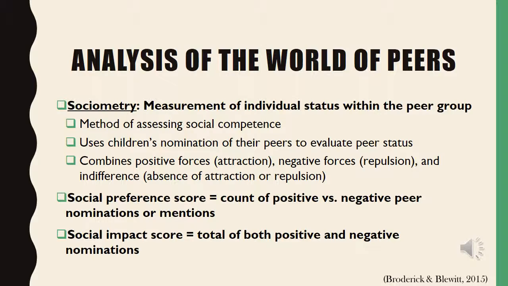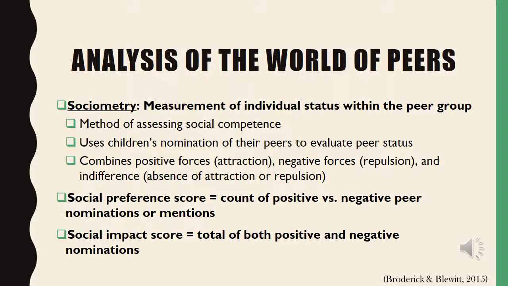So this is the idea of sociometry, where we're measuring an individual's status within a peer group, how they fit. So assessing social competence, and it uses children's nomination of their peers to evaluate peer status. So in what category they fit in